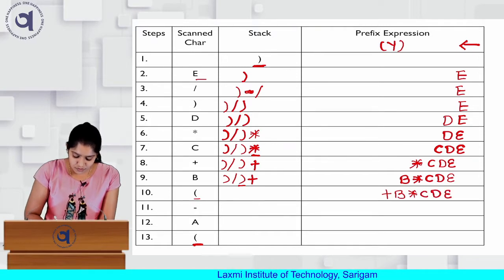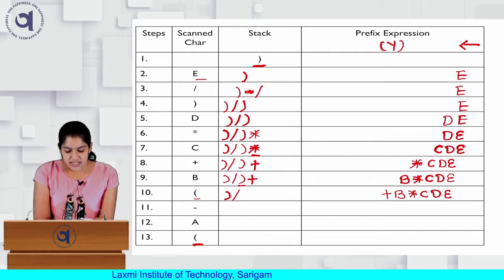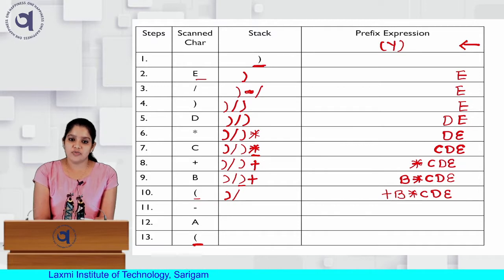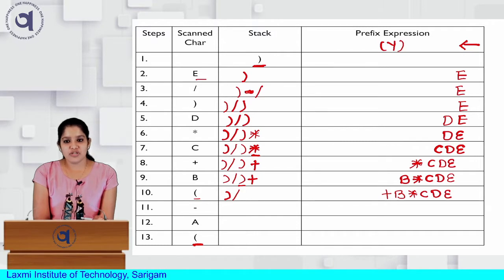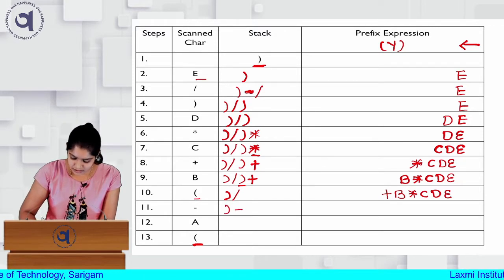And here we need to remove this closing bracket as well. So, we will have this, right. Now, the next character is minus, that is an operator, right. Here again, as you can see, on the top of the stack there is a slash, so we need to check the precedence, right. And the slash has higher precedence than the minus. So, we need to pop the slash from the stack and push it to the prefix expression y, and we need to push the minus onto the stack, right. That is what I am doing over here, and it looks something like this,